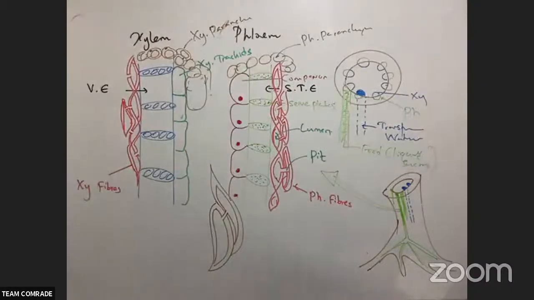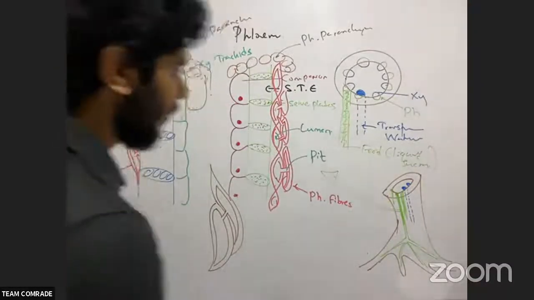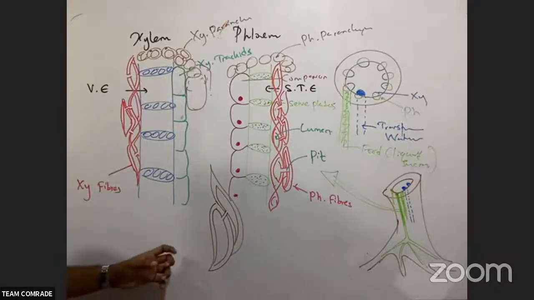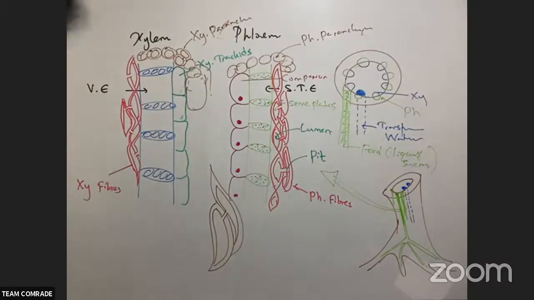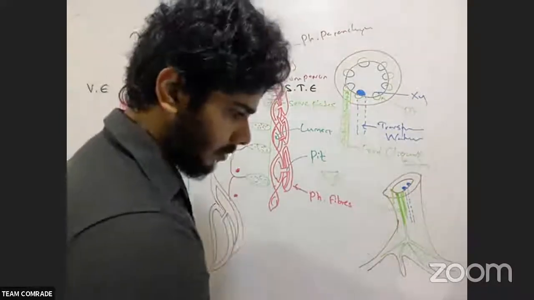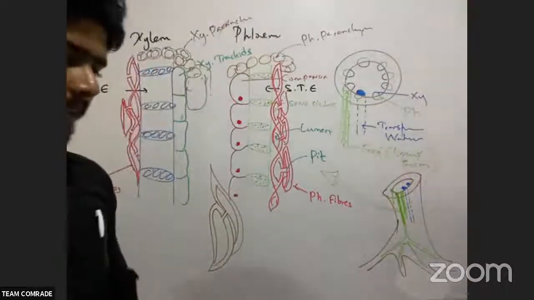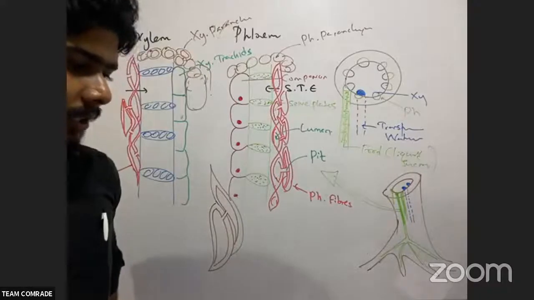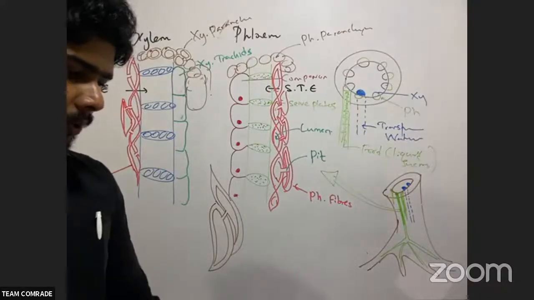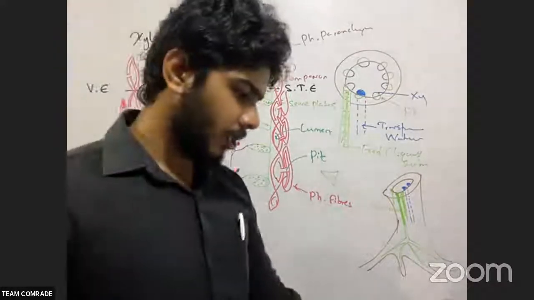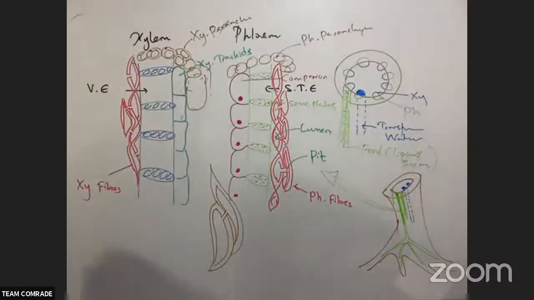So pit and lumen, you must know this. Transport of water, xylem, that is correct. Mechanical support, phloem, no, that is not the main thing. Transport of water, no. Transport of water, translocation of food, yes, that is correct. So the answer is number